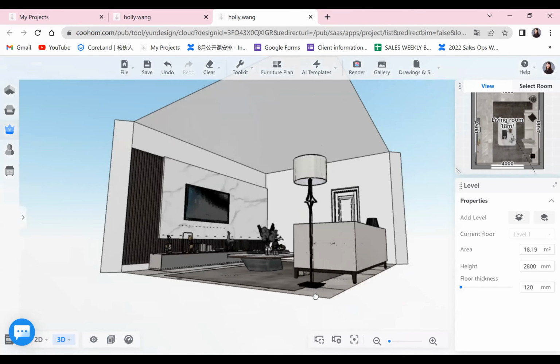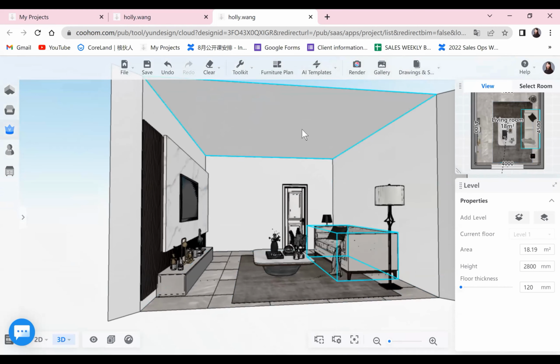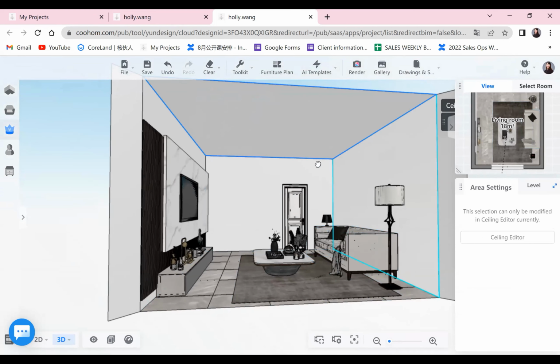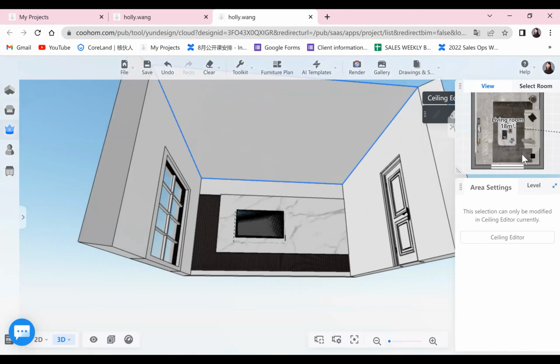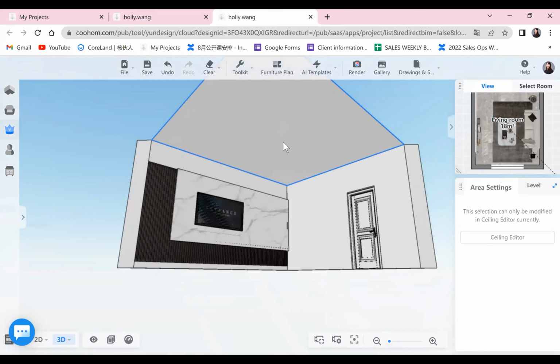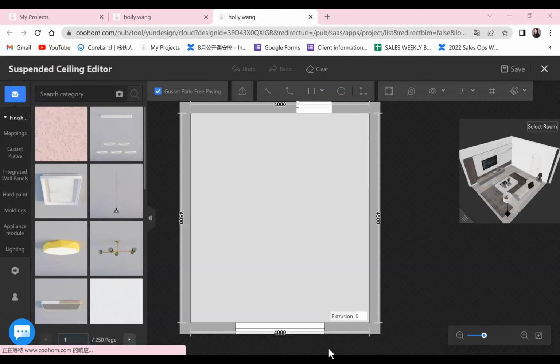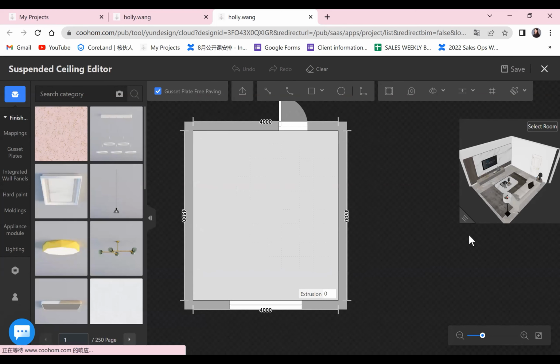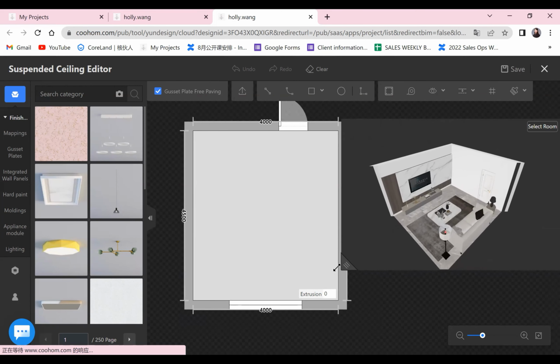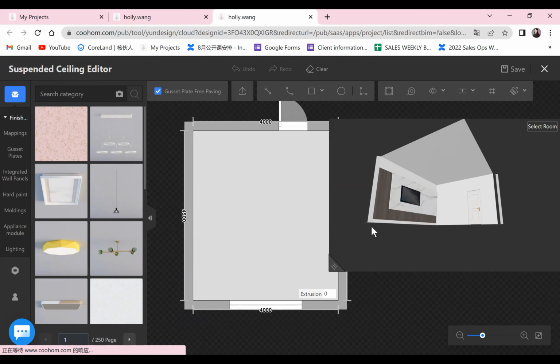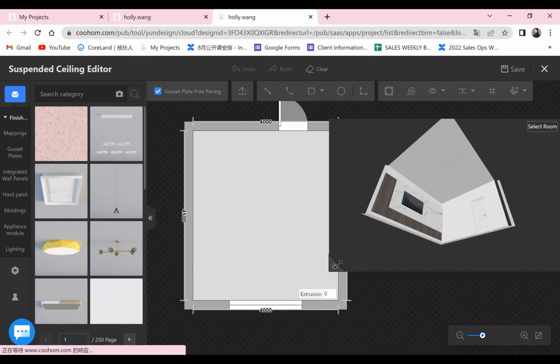When you click on the ceiling, you will see the ceiling editor. So we will go to the ceiling editor. Here you can only see parts of the ceiling, but with the 3D view, you can see the whole room, so you can check how the design looks.